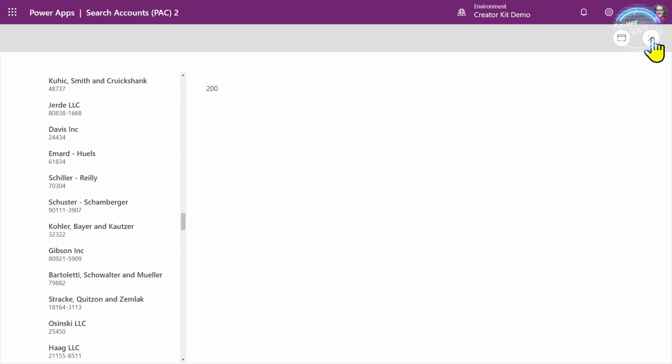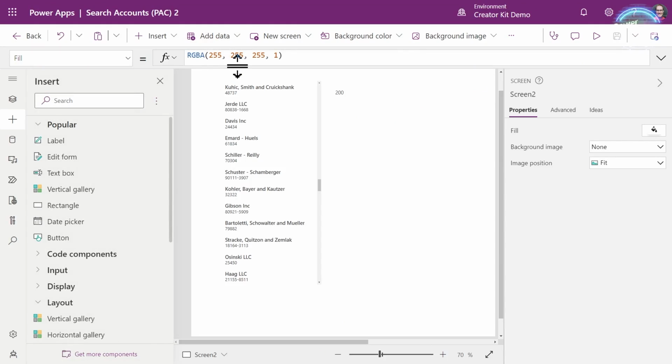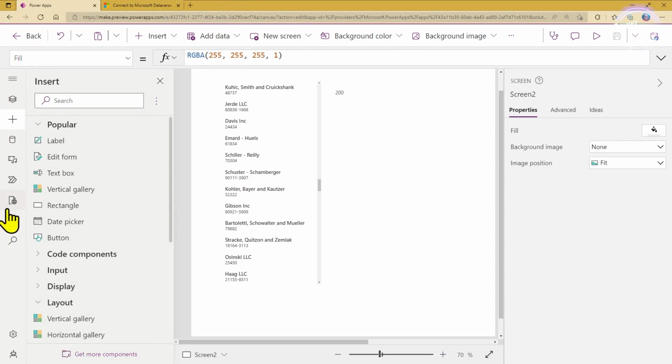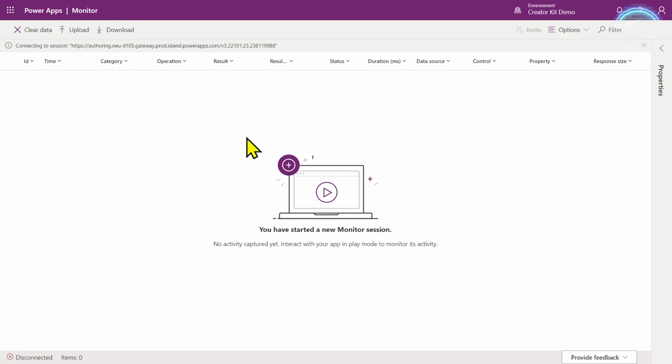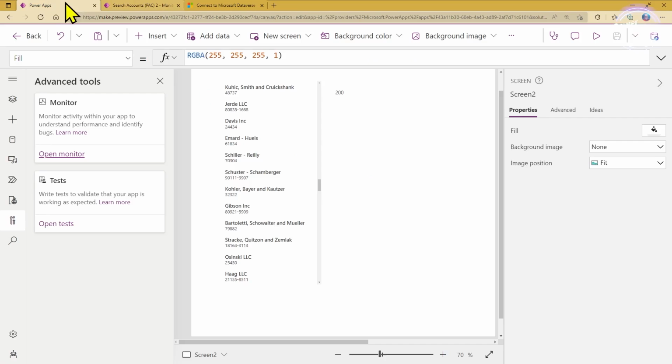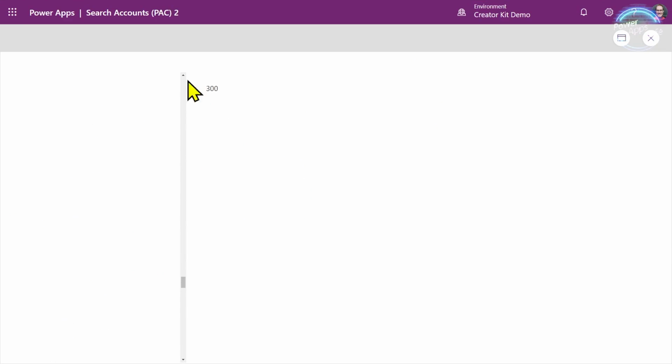And as I scroll down, it'll go to 300. But what's interesting is that actually we're talking about delegation. The delegation limit is 500 by default. And if we go into the monitoring tools here and look at what's going on behind the scenes there, you'll notice that because it's the delegation limit, as I scroll through, go in here and run this, and as it goes up to 300, there we go, it's gone up to 300.